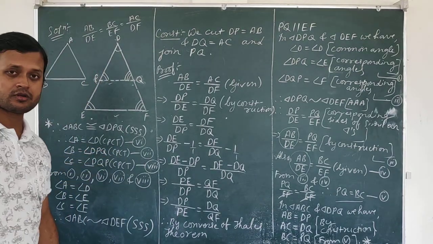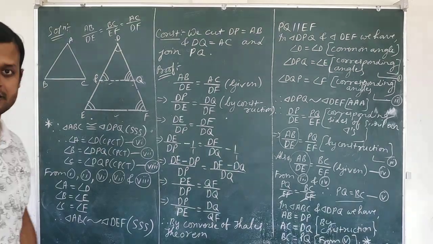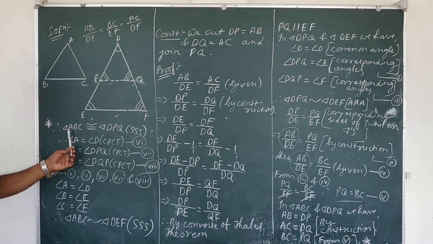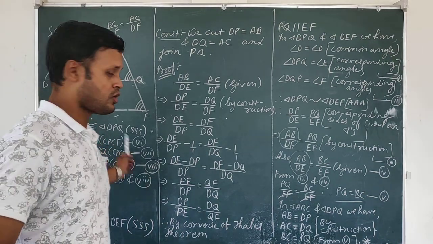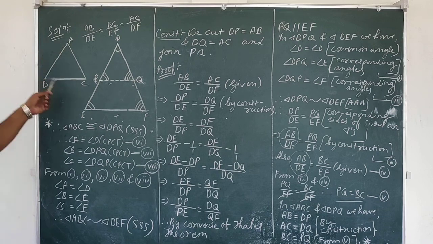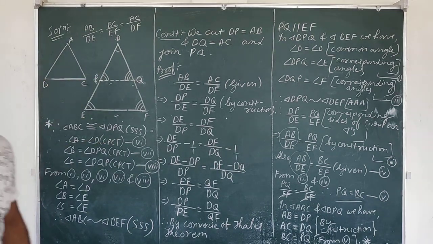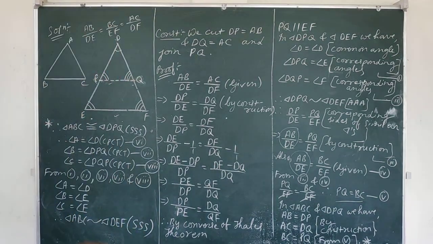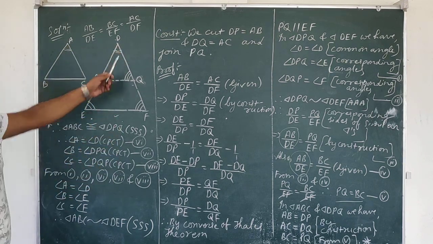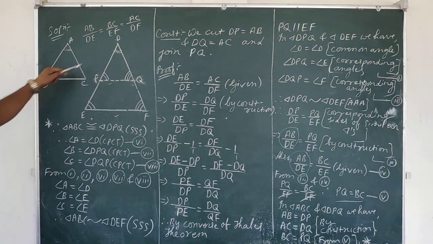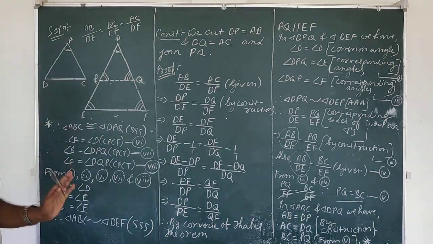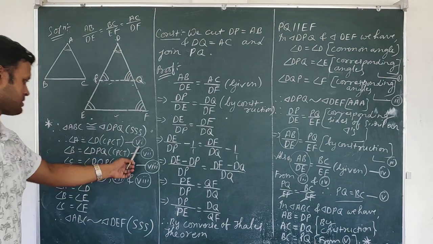If the two triangles are congruent, then all the corresponding angles are equal. Now I am talking about congruence. See, triangle ABC is congruent to triangle DPQ, isn't it? So all their parts will be equal. Angle A is equal to angle D, angle B is equal to angle DPQ, angle C is equal to angle DQP. All CPCT. Mark number 6, 7, and 8.